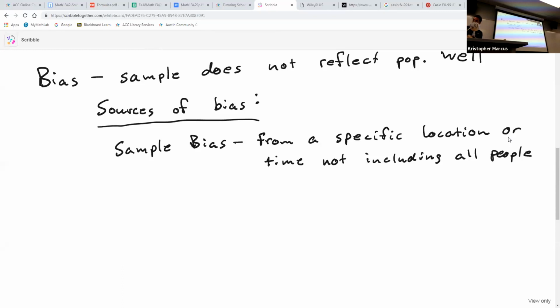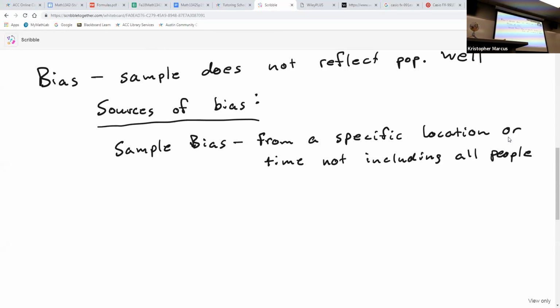So the New York City example is a perfect one of this. Not everybody happens to go by 42nd and Broadway in New York City. We don't. I don't have plans of that today. That'd be nice, but not going to happen. So being too specific in the location or the time is one of the problems.